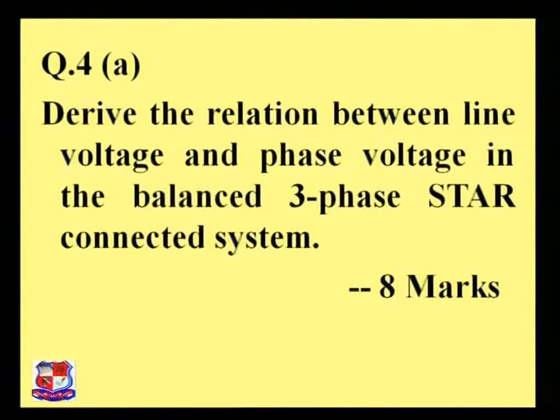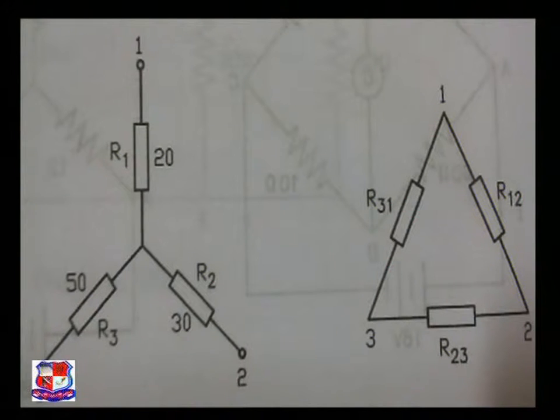system. Friends, there are two types of polyphase system, star connection and delta connection. So here we have to define the relationship between the line and the phase voltage and the current for the star connection. This is simple, the diagram of the star connection and the delta connection. In figure 1, you can see that the resistances R1, R2 and R3, respectively 20, 30 and 50 ohms, are connected in a star form, whereas in figure 2, R12, R23 and R31 is the connection